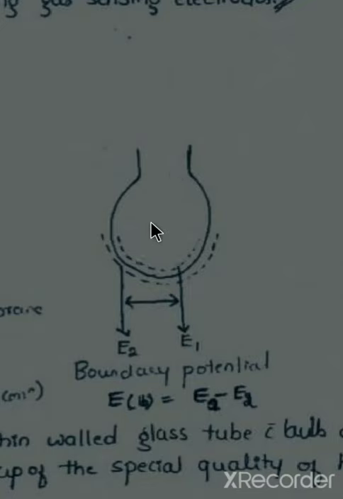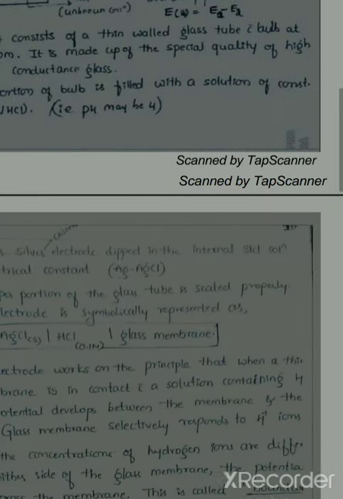So here you have 0.1 normal HCl inside and the unknown concentration outside. The EMF arrived here I can call E1, and here the EMF I can call E2. Due to this boundary, which is the glass membrane, you are going to have a potential development, and that potential is called the boundary potential, which can be represented as EB. E is the potential value and B stands for boundary. EB is nothing but the boundary potential, which is given by E1 minus E2. Okay, now we'll study what exactly this boundary potential is.